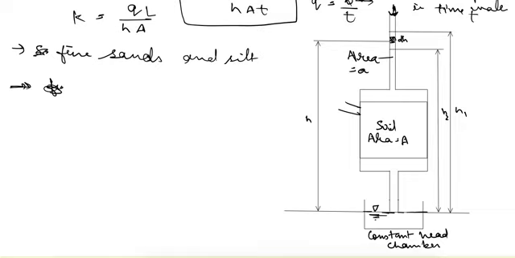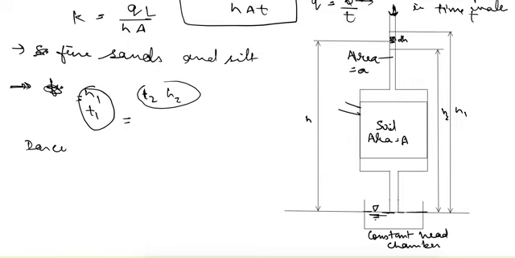So for finding out the value of coefficient of permeability, we need two sets of readings, that is, at time t1, let's say the head is h1, and at time t2 the head is h2. So this will consist of a pair of readings, and such readings will give us the value of coefficient of permeability. So from Darcy's law again,